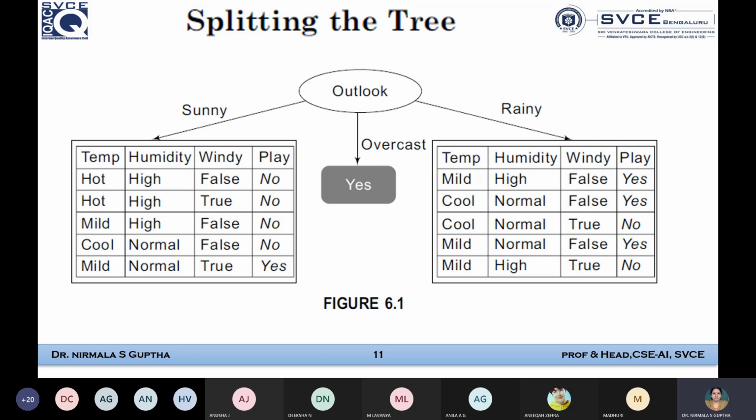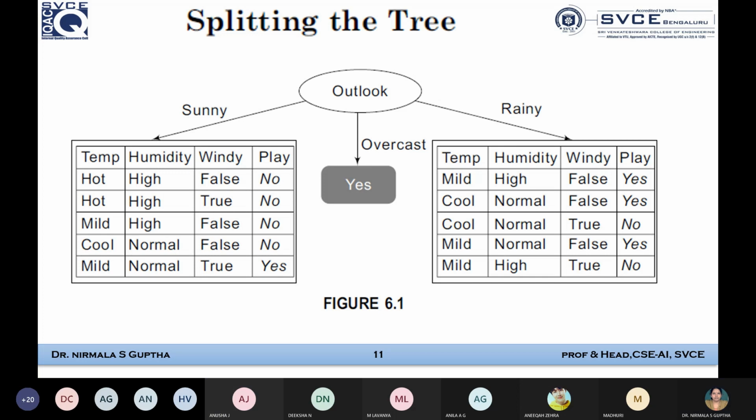Now, how many occurrences are coming for false? In terms of no, 3, right? 3 times false, 3 times no. So all the predicted decisions are correct, so your error count is 0 by 3. Sorry, not 0 by 3. One minute. 1 by 3. Correct? Yes, ma'am. Okay, fine. Next.